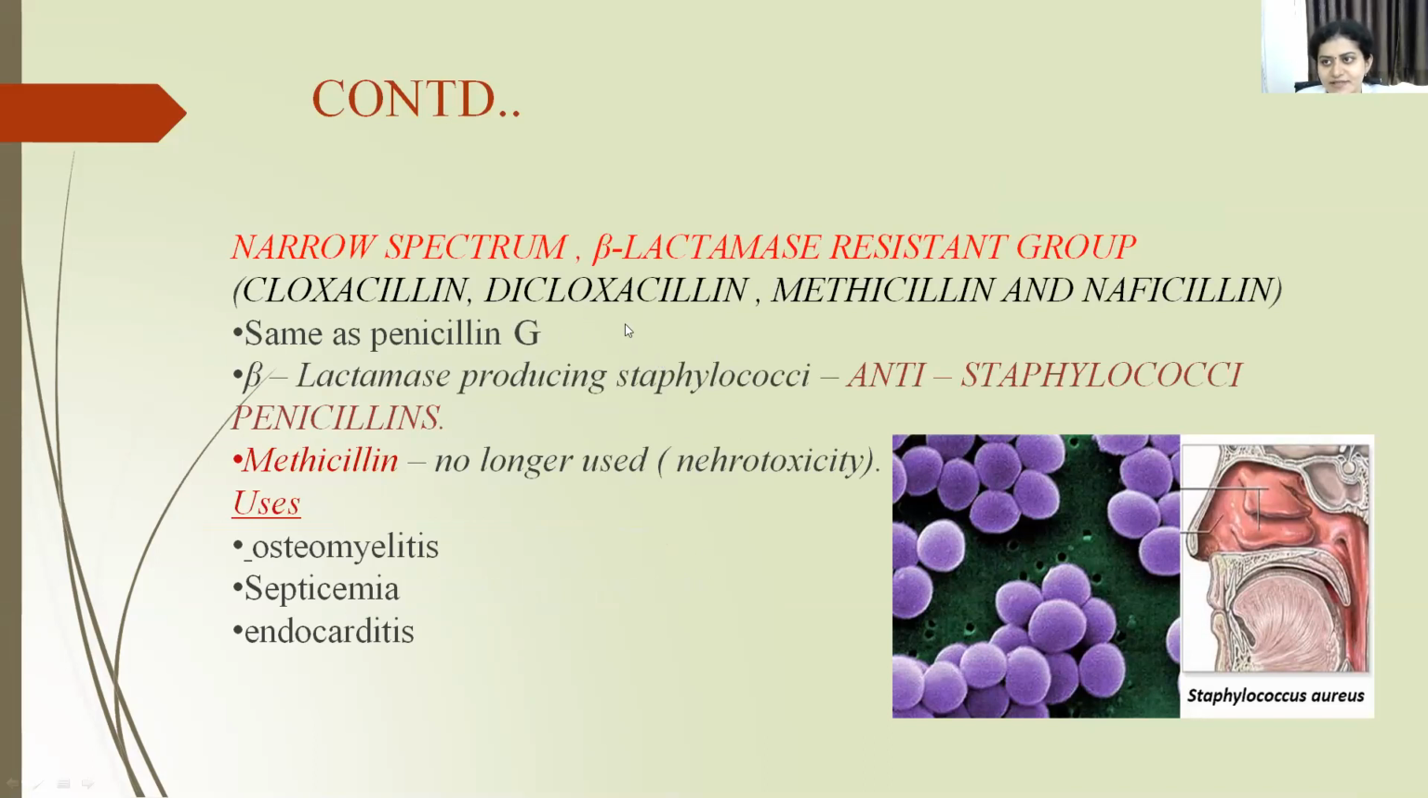Same as penicillin G, they act against the gram-positive cocci, Streptococcus pneumoniae, Streptococcus pyogenes, and Streptococcus viridans. But they also act against beta-lactamase producing Staphylococcus, because they are beta-lactamase resistant. Whereas the narrow spectrum beta-lactamase sensitive group will not act against Staphylococcus. They act only against Streptococcus. But this beta-lactamase resistant group acts against beta-lactamase producing Staphylococcus. So they are called